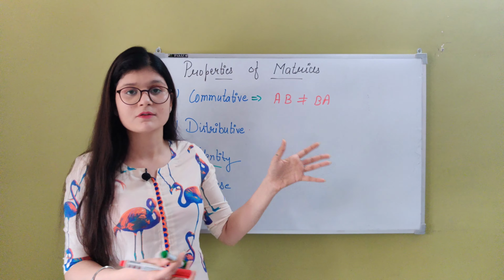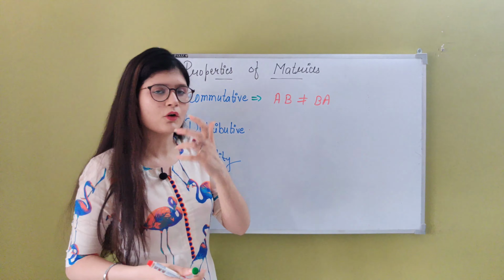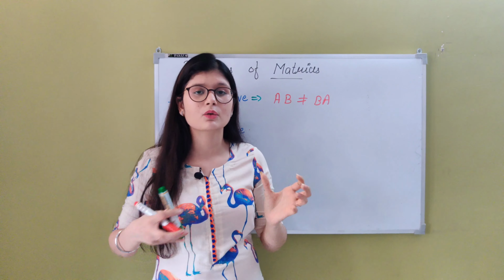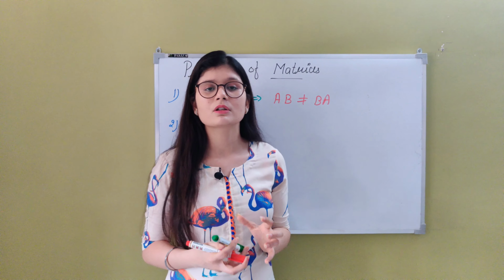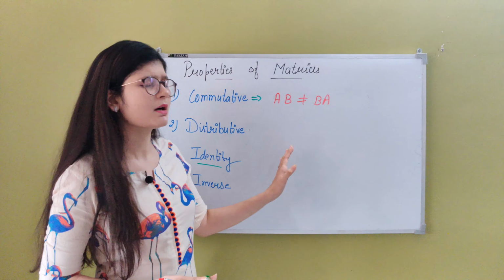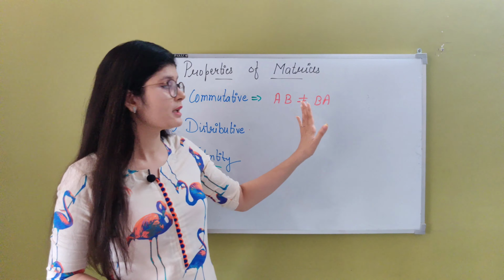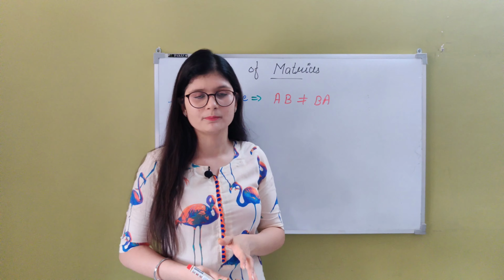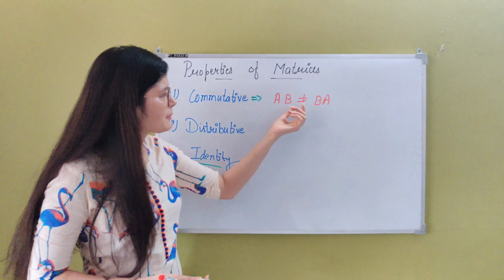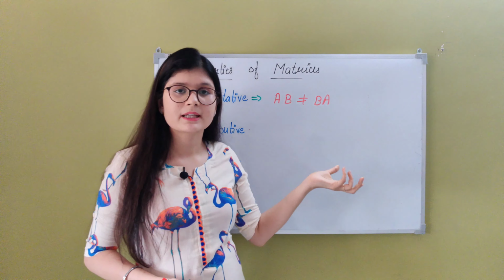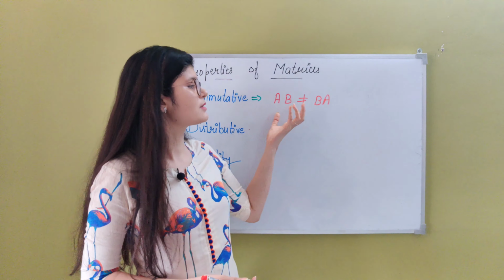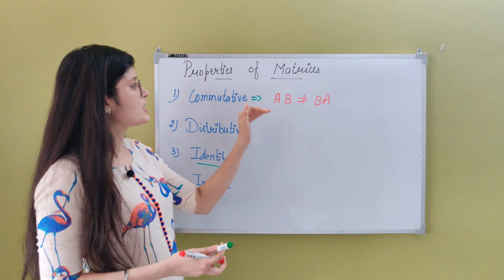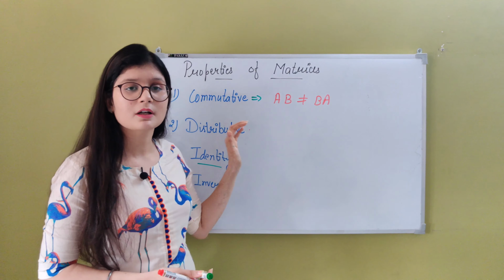You can check my previous video for the multiplication, where I already told that for multiplication you need to see that the first matrix's column and the second matrix's row should be equal. And it's not going to be possible that if A and B have the same size and you are able to multiply them, then after you reverse them the multiplication is also possible. Right? It can be possible in some cases but not in every case. You cannot generalize that AB is equal to BA. Okay, so multiplication does not follow the property of commutative.